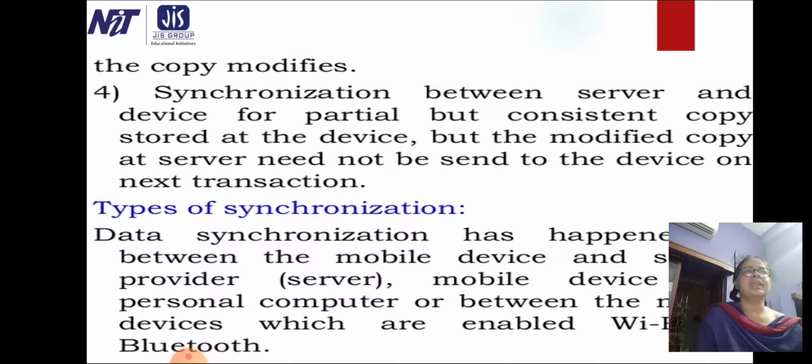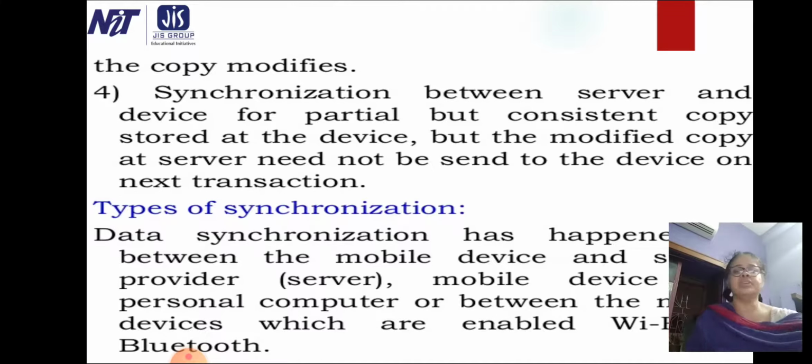The question arises, what do we need to sync, or exactly what is the data that needs to be synced? Data synchronization is two copies of data, one on the mobile and one on the server. We need to keep them in sync. Generally, contacts, calendars, tasks, apps, databases, and configuration data need to be synced.